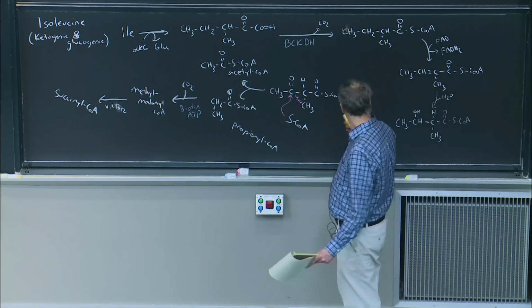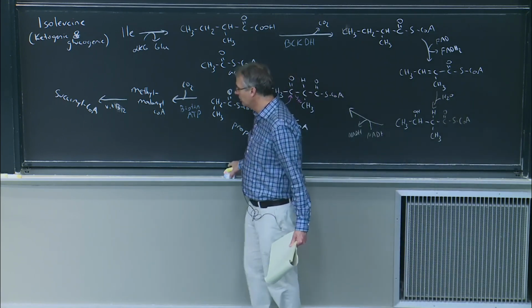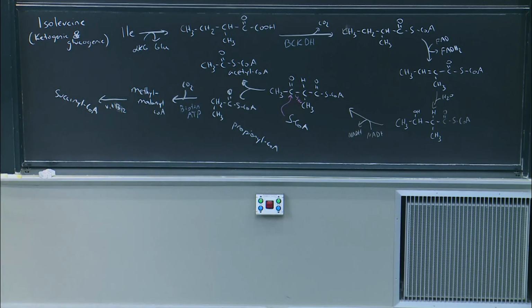And so it's a little tedious to go through how you break down all three of those branched chain amino acids, but it really illustrates that it's just variations on the same chemistry that we've seen before with fatty acid metabolism, TCA cycle reactions that ultimately generate intermediates that can be fed into the TCA cycle, oxidized further to CO2, generate ATP, generate NADH, electron transport chain, oxidative phosphorylation, supply the cell with energy to do various kinds of work, or